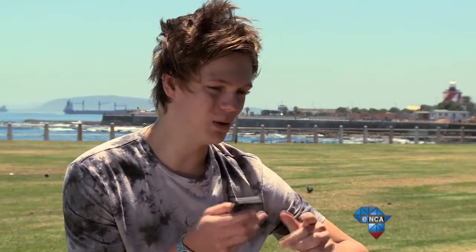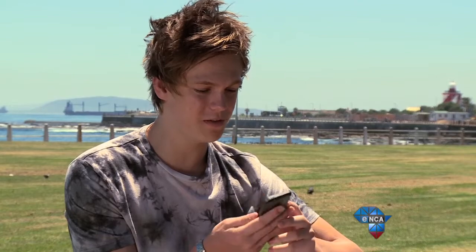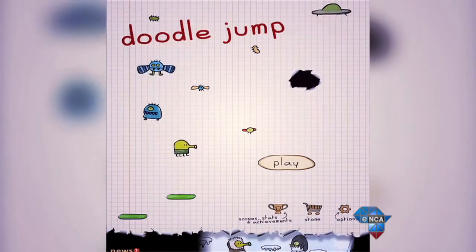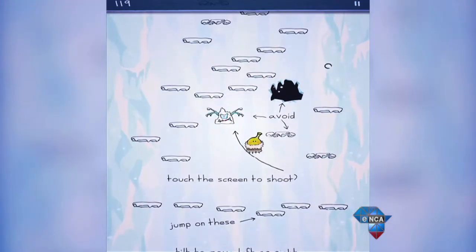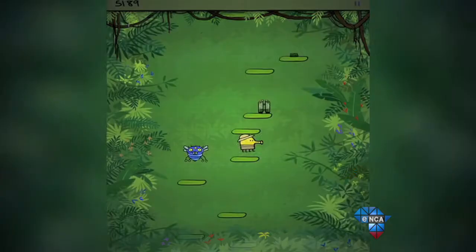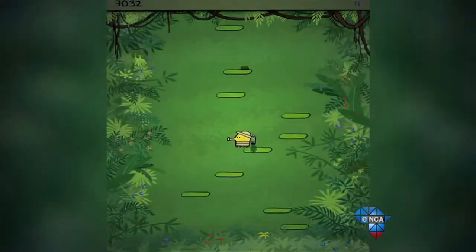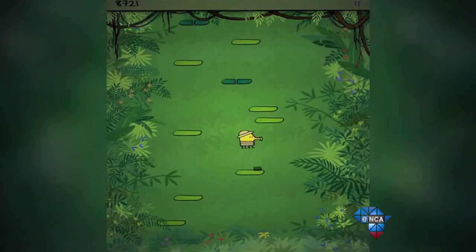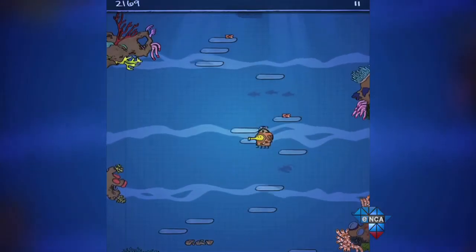You spend a lot of time in airports and in transit. What do you do to kill the time? Oh, well, I love to play a few games. My favorite one has to be Doodle Jump. It's awesome because you get to use the movement of your phone to jump onto platforms, and you can get springs and little rocket packs, and there's some little monsters you have to kill. And basically you just try and get as high as you can and hit that high score.